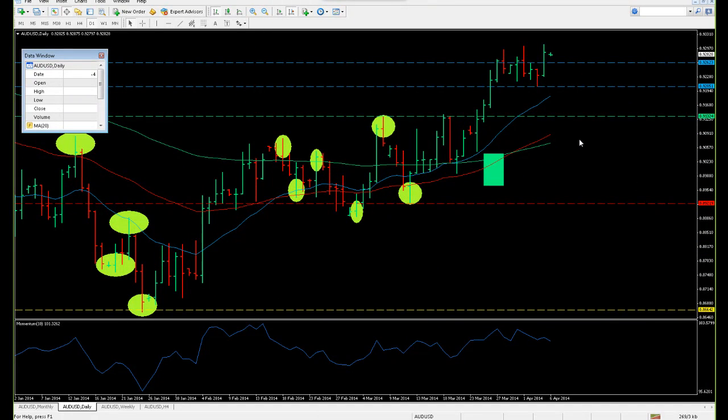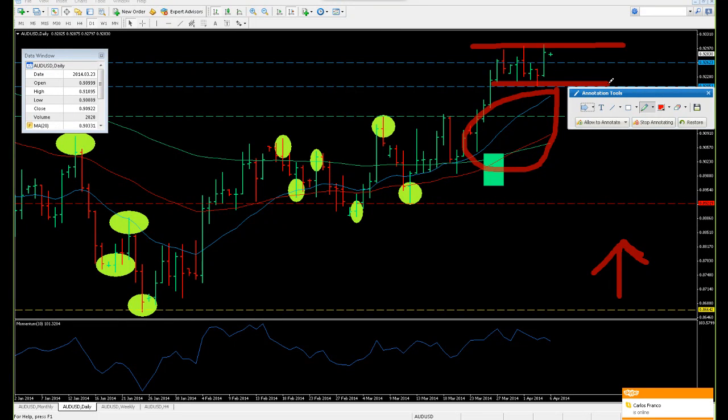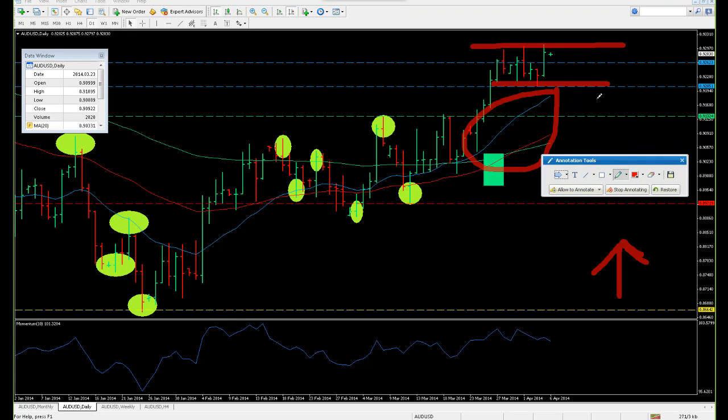So in an analysis of Aussie dollar, we can see that it's in an uptrend on the momentum on the upside. And also, the moving averages are confirming that at the moment as well. In terms of the current price action, it is a consolidation at the moment, but it is still above 9262. So on a further push upwards above 9262, as long as the closes remain on the upside, we can see a push further to the upside, or else we will be looking at momentum weakness